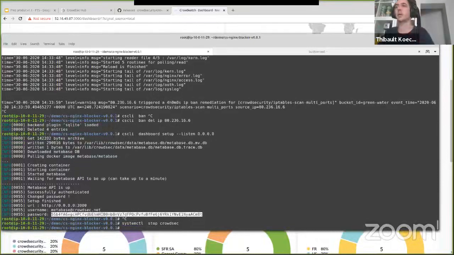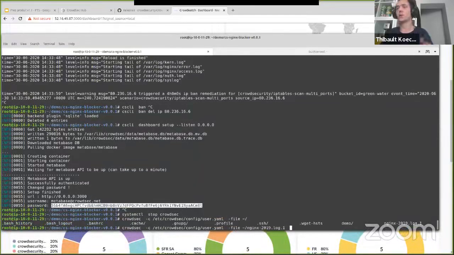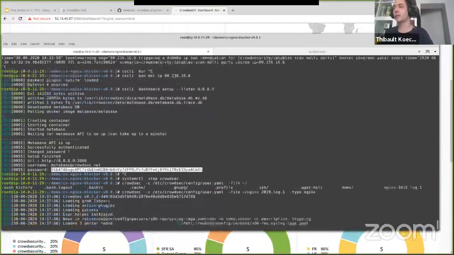However, CrowdSec is as well able to work on old logs, because we know one of the recurrent fears when you write scenarios or something that is supposed to block an attacker is a false positive. What we can do here is that we are going to launch CrowdSec, and I'm going to use some old logs. For example, I take my Nginx logs from last year, and by injecting like this, we are going to see